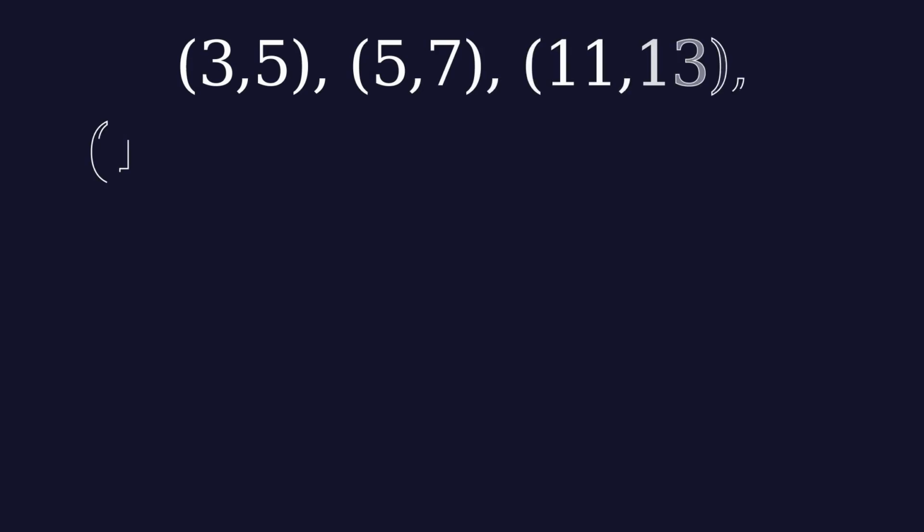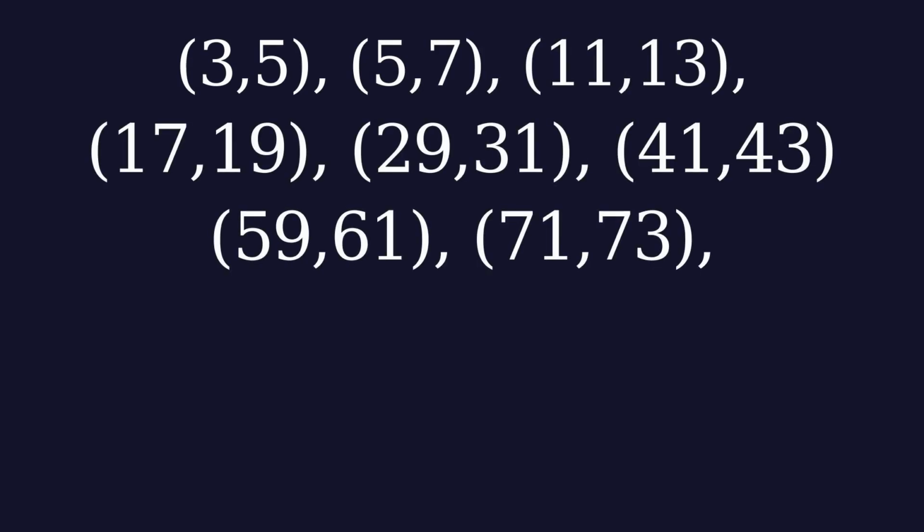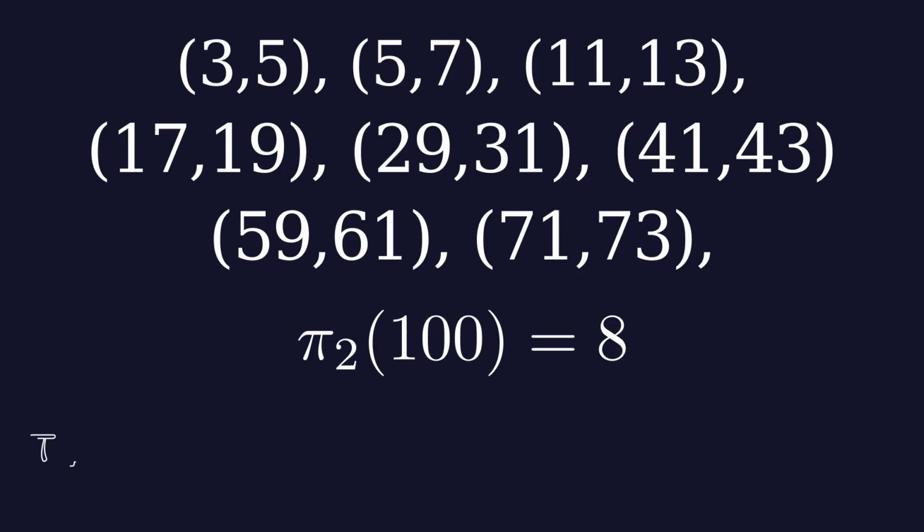One way to do this is to count how many twin primes there are up to a certain limit. For example, there are 8 twin primes up to 100. We can denote this number by pi2 of 100, where pi2 of x is the function that counts the number of twin primes with the smaller at most x. In general, we can write